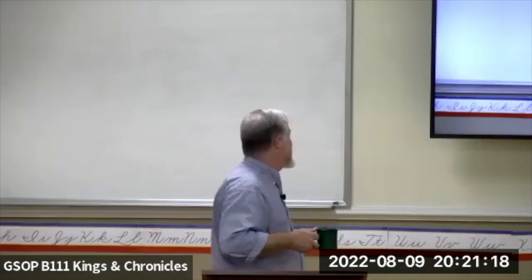Chapter 7, the descendants of Issachar and the descendants of Benjamin and the descendants of Naphtali and the descendants of Manasseh. Who was Manasseh and Ephraim? They weren't part of the 12. They weren't any of the 12 sons. They were Joseph's sons. There was the sons of Joseph, right?